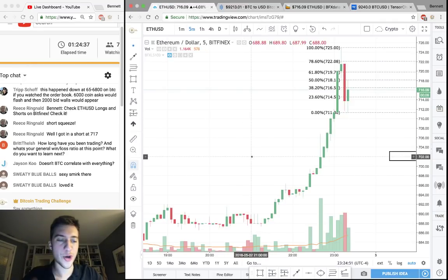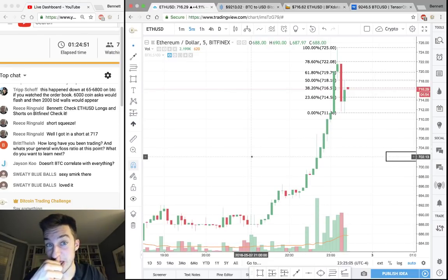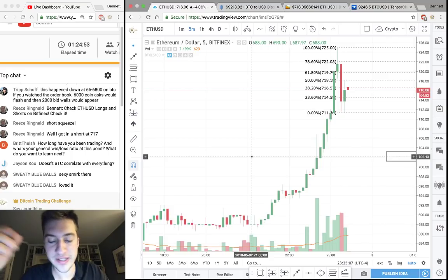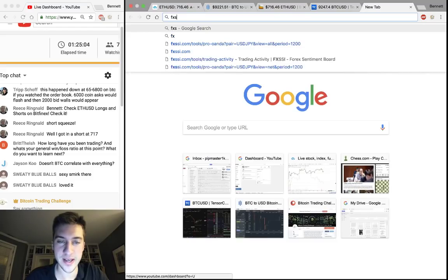But I do want to show, back in my Forex trading days, I had this indicator that not many people knew about, and it's an online indicator. I think I want to show it. This is actually how I began to really appreciate sentiment because of how well it works. So if there are any traders here who trade sentiment, then this is the way to go. If you go to fxssi.com,